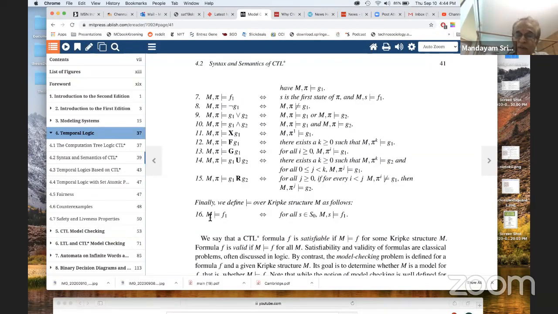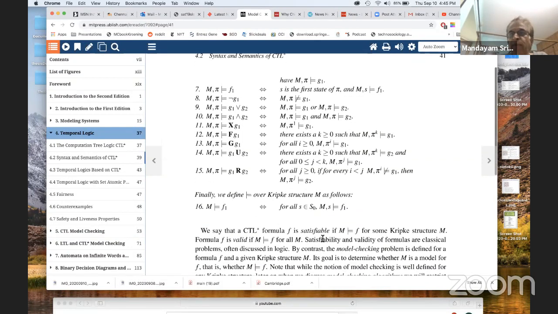A Kripke structure model is defined as follows: M satisfies F1, a CTL star formula, or it model checks successfully, if for all initial states S0, F1 holds. Okay, so I think I'll stop here